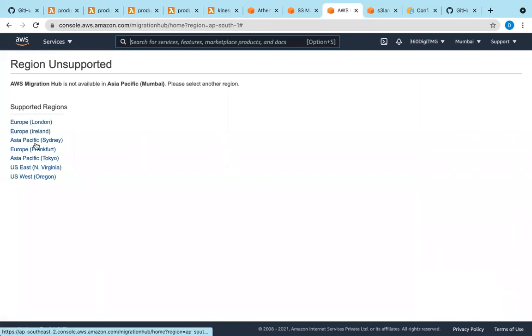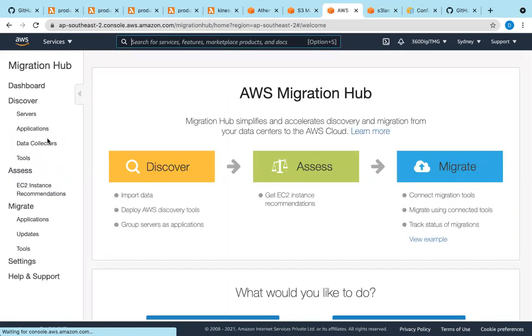It's available in these regions. Let us go to Sydney. Here you can use the data discovery tools to assess, and if you want to make any changes after this assessment, you can make those changes and then migrate to AWS. The Migration Hub helps you in that.